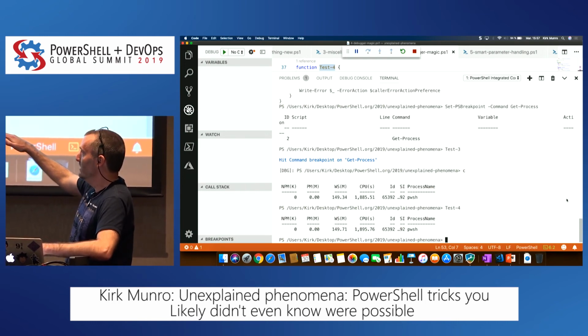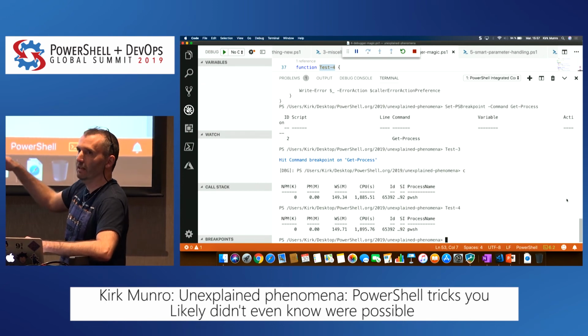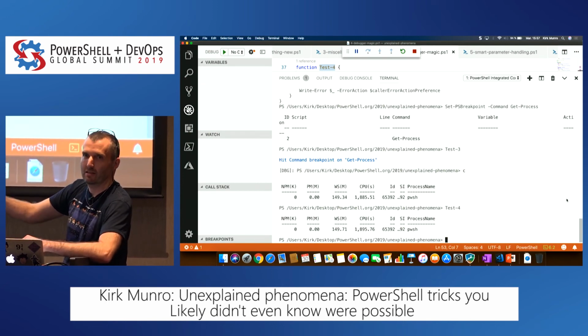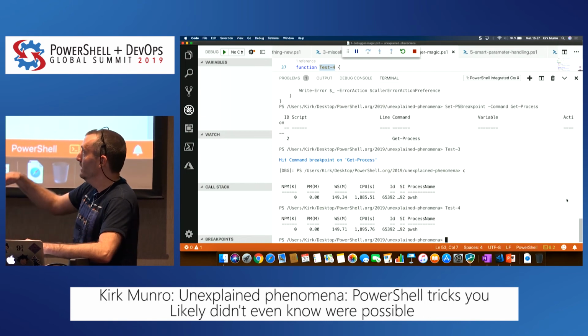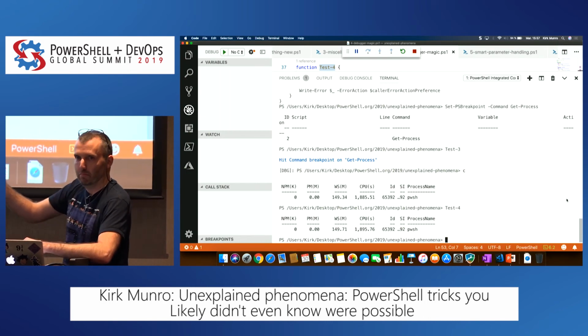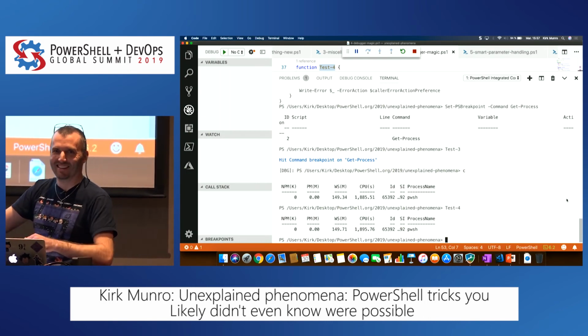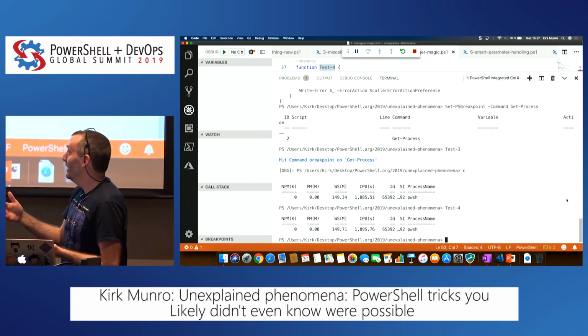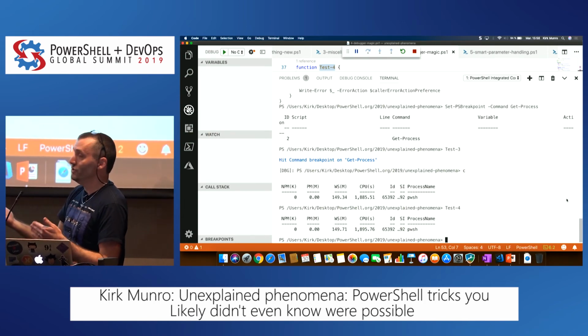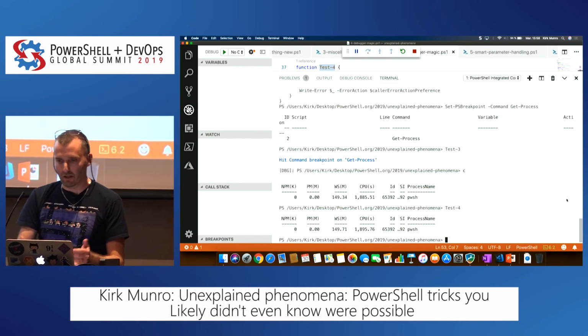So this is a way to be respectful when you're sharing scripts with the community, so that the community doesn't step through your code in a debugger. It basically just tells the debugger, bugger off. I don't want you to go in here. And so that just allows for more efficient debugging by the person who's using the code. So that's why I use that.